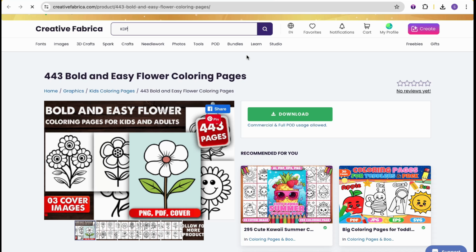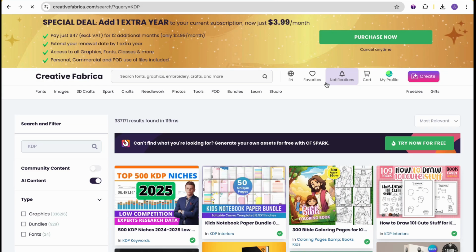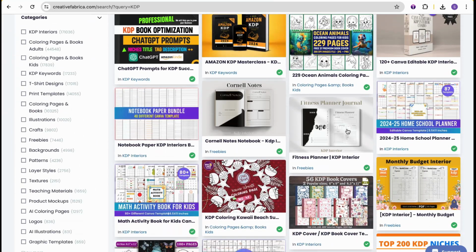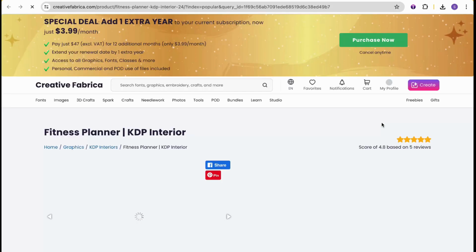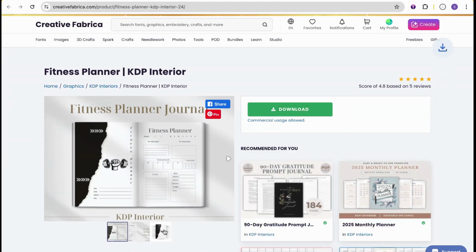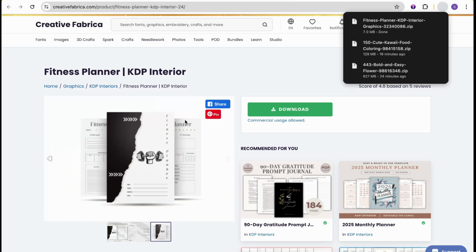Let's just go back to KDP and see what else we have. Of course, as I've said, make sure you do your niche and keyword research first before choosing which interior. But let's just say you found that fitness planners was a good niche to go into. Again, you could just go ahead and download this and then add in some own things to yourself. So rather than it just being a fitness planner, you could add this into KDP, maybe add some quote coloring